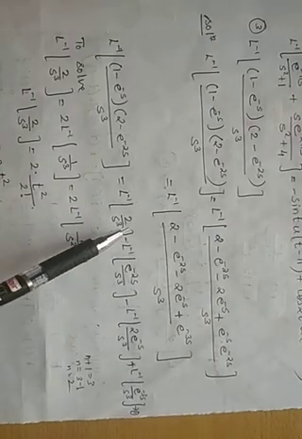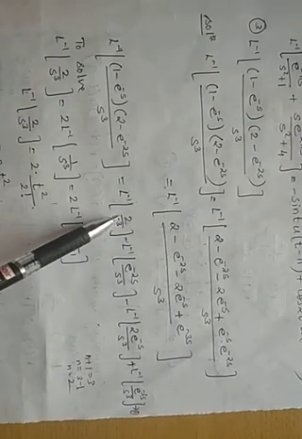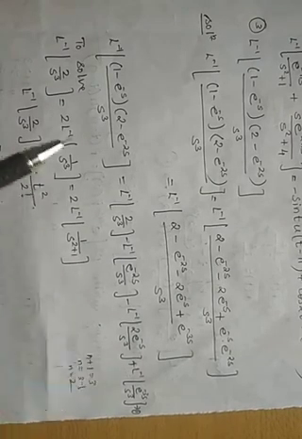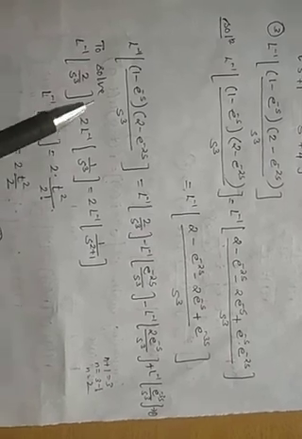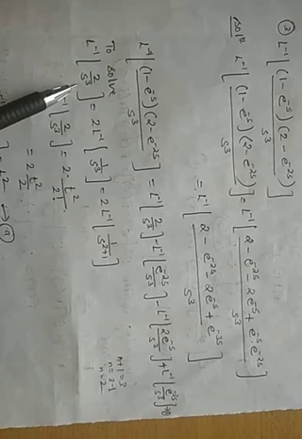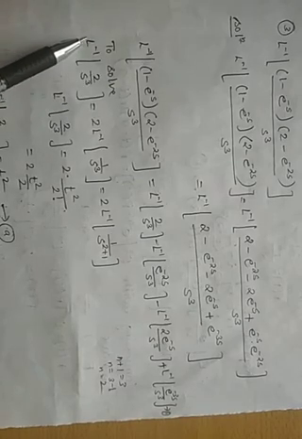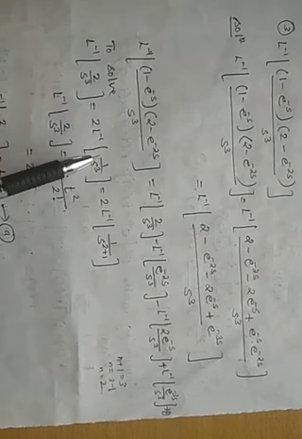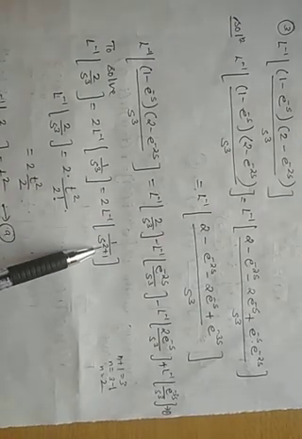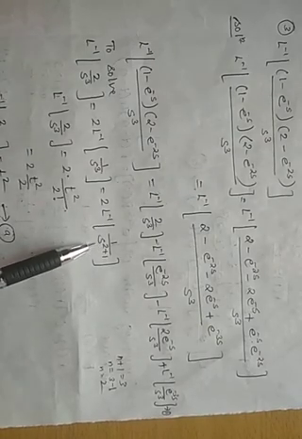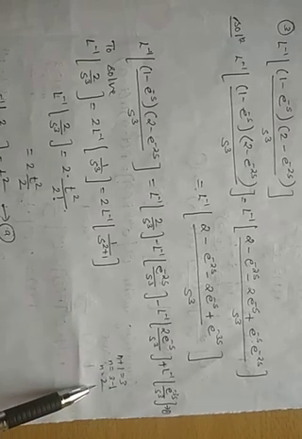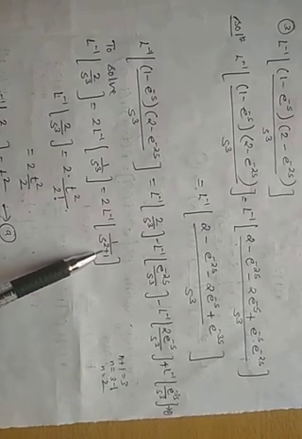For 2 upon s cube, e to the power has not come, so we can directly find it. The other terms need the property above. I will solve them separately. To solve L inverse of 2 upon s cube, 2 is a constant, so remove it outside. So it is 2 L inverse of 1 upon s cube. Express it in the form s raised to n plus 1. So n plus 1 is equal to 3, then n is 3 minus 1, that is 2. So s raised to 2 plus 1.